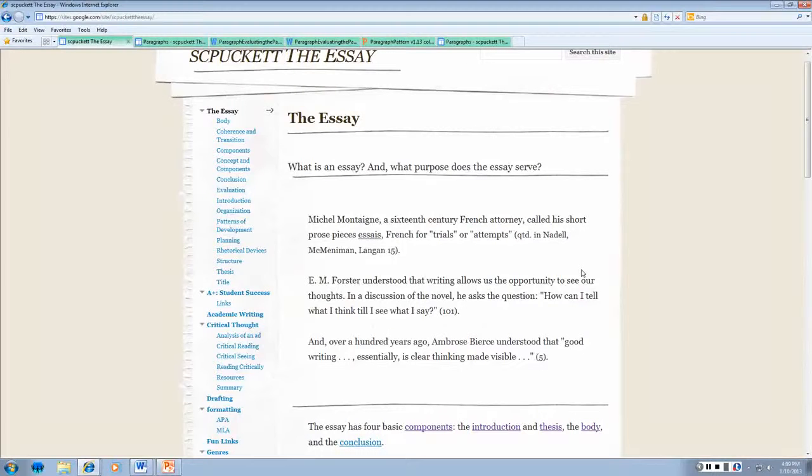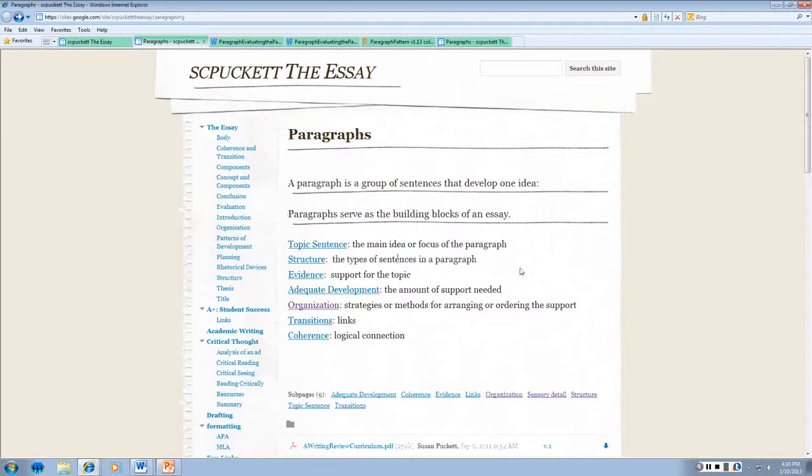This lecture is going to focus on the paragraph as a component part of the essay. The lecture notes are available on the web page. Remember that these are active. The links within the web page either link you to other parts of the page itself or to information outside of this web page. Our focus on the paragraph is because the paragraph, which is simply a group of sentences that develops one idea, is the essential building block of the essay.